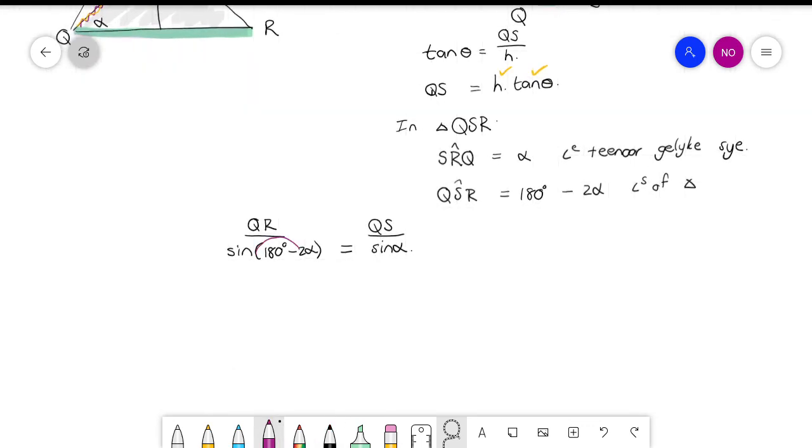Do you see, here's the reduction one I talked about earlier. You know? Okay, so I'm going to say this, I can write as sine of 2 alpha